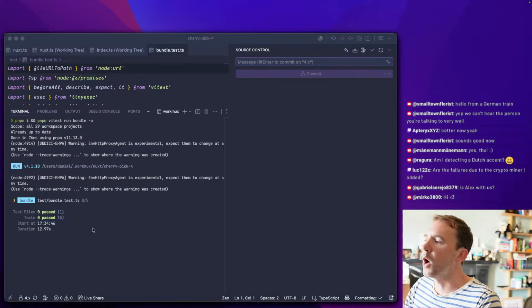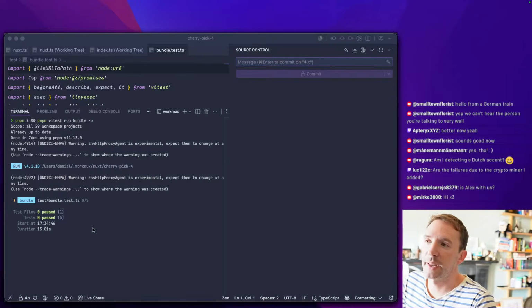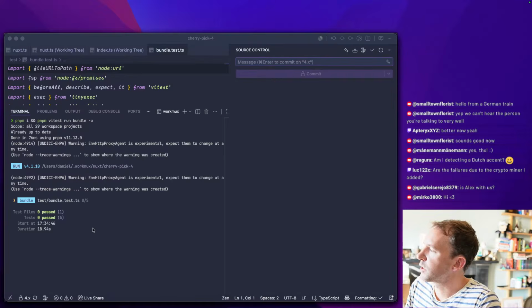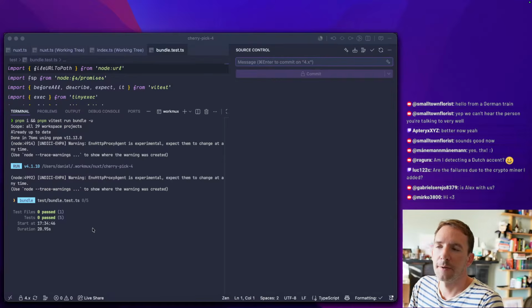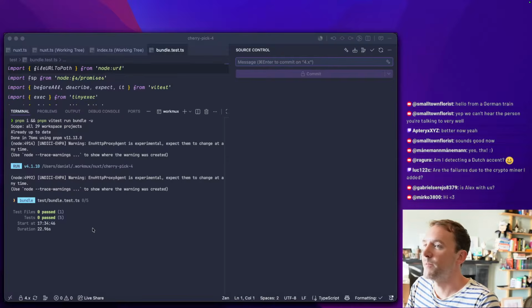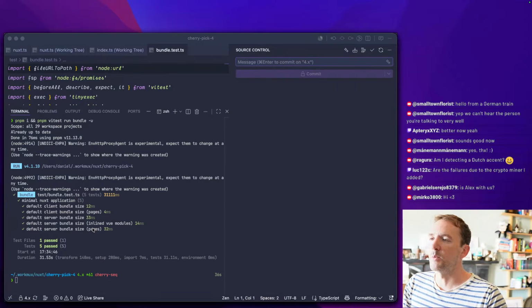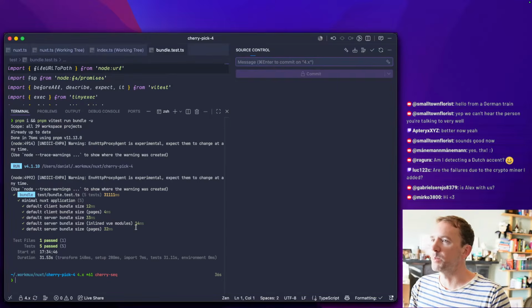I think it's because there are two packages, Nitro and Nitro Pack. Nitro has never had a stable release yet, so it's fine, I guess, for the beta to be the latest. But Nitro Pack has had a stable release, so you don't want the latest one to be